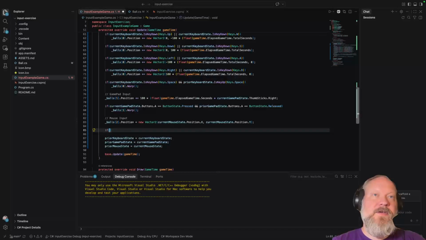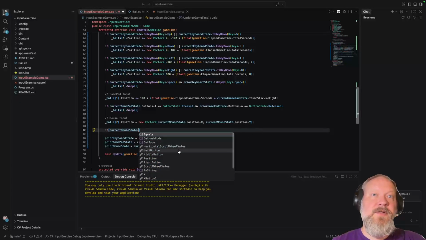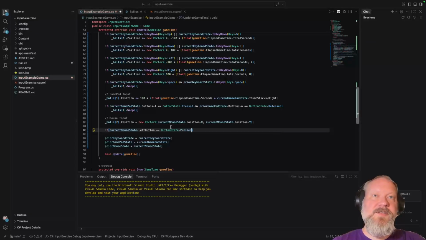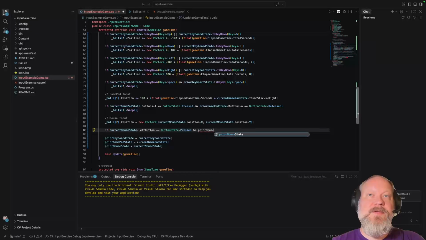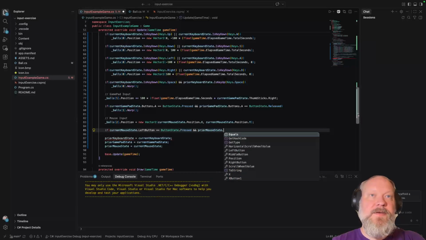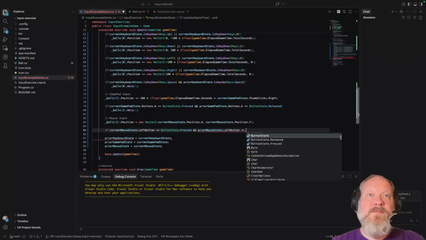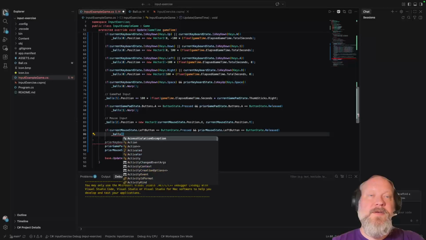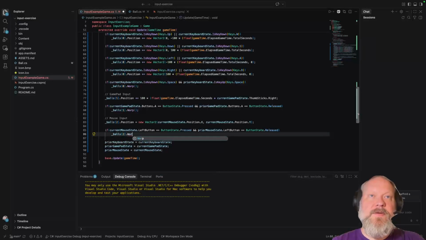So if current mouse state dot left button equals button state pressed, and notice this uses the same button states as the gamepad, and prior mouse state dot left button state dot released. Then we're going to call balls 1 dot warp. And if we run this now,